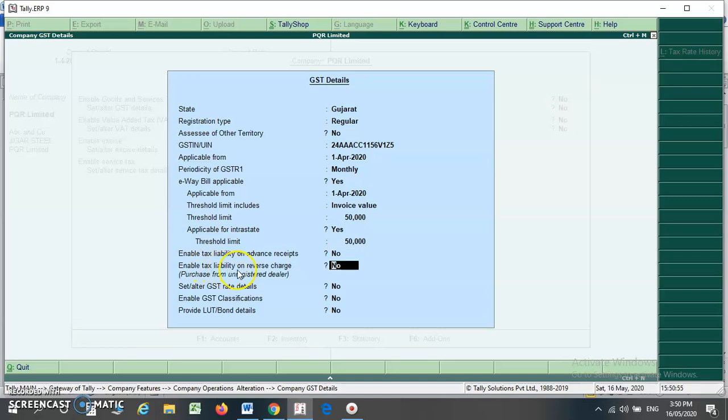Here you can activate reverse charge transactions for your company. But today I am discussing only the normal transaction for sale and purchase, so I am selecting enable reverse charge as no. Further, if your company is dealing in only one product, then you can customize your GST rate here only.